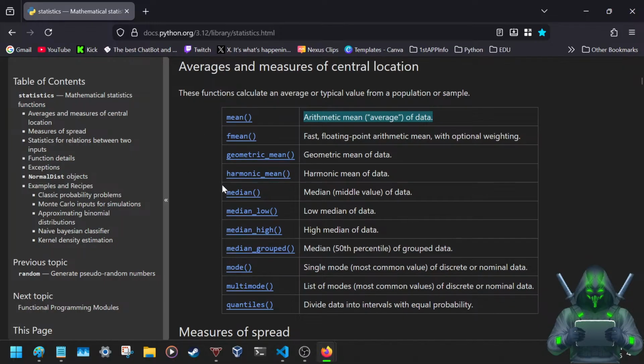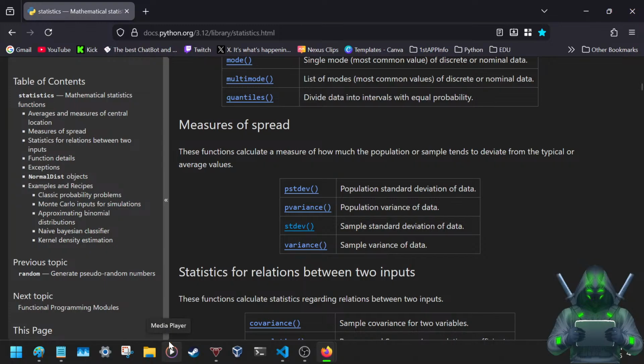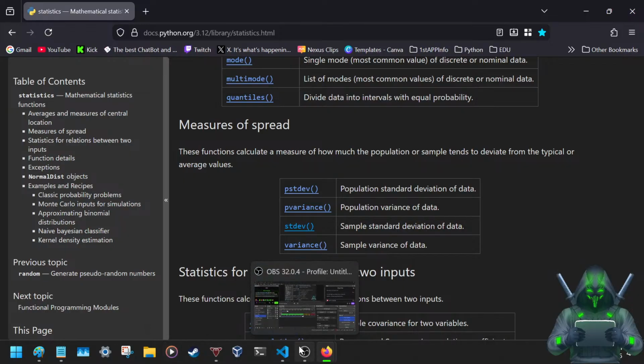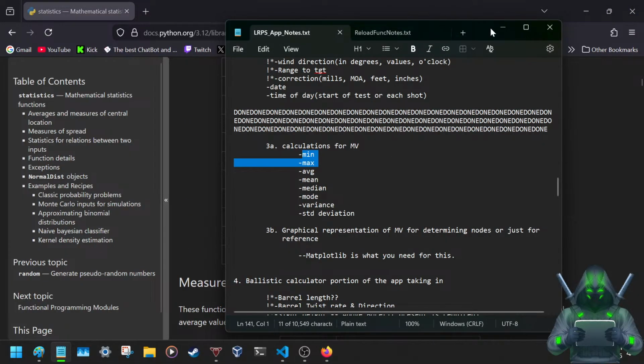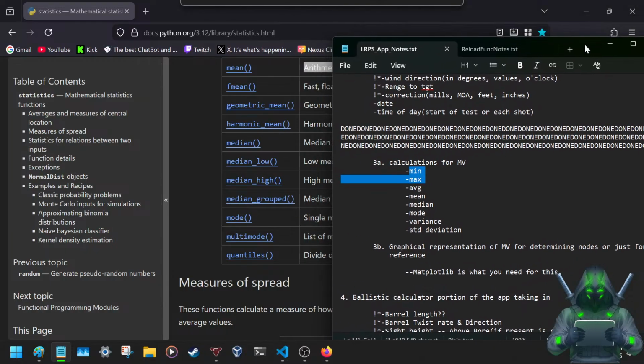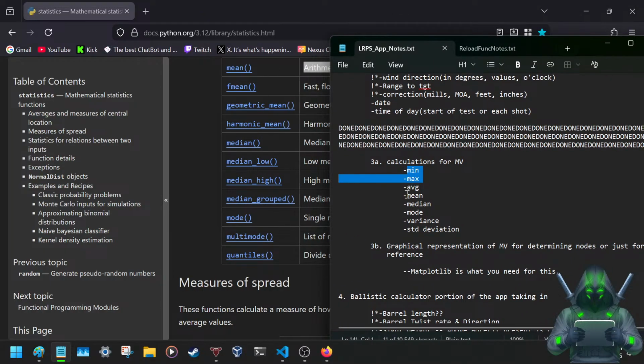So what I'm thinking about doing is, because what's the difference between this? The min and the max are built in. These mean the same thing. So I'm going to go ahead and